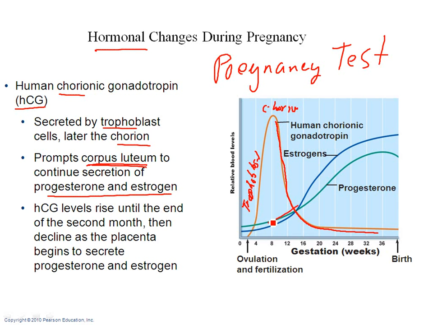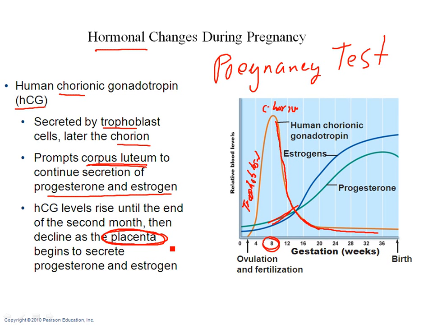So you can see the progesterone and estrogens are continually being made. Now it's going to do its job until the placenta takes over. So somewhere around the 2nd month, so around 8 weeks, HCG starts to fall, and progesterone and estrogen are being made by the placenta. And the placenta is basically what connects the mother to the baby. Now, we're going to talk about the umbilical cord, but the placenta is actually a connection between the mother and baby that we'll talk about here in just a minute.